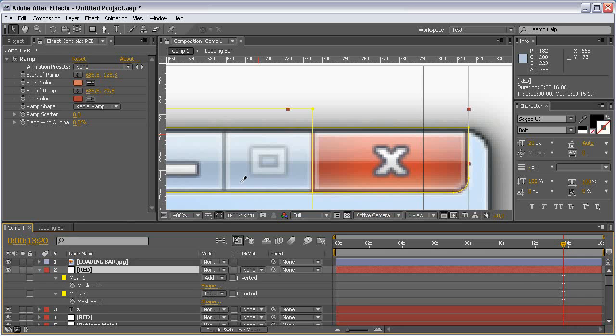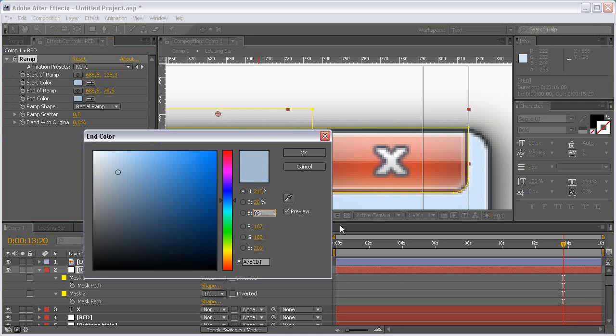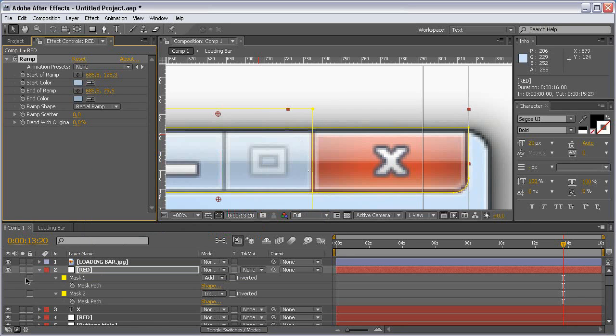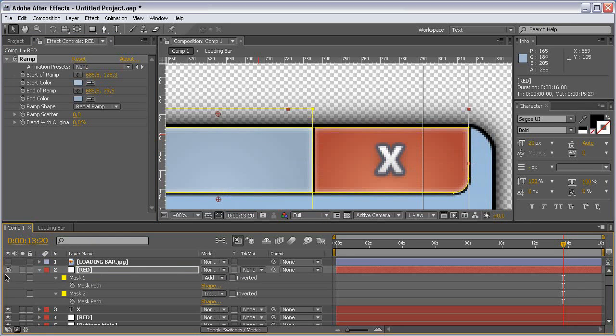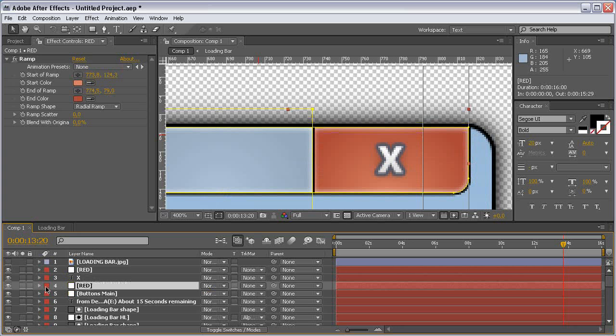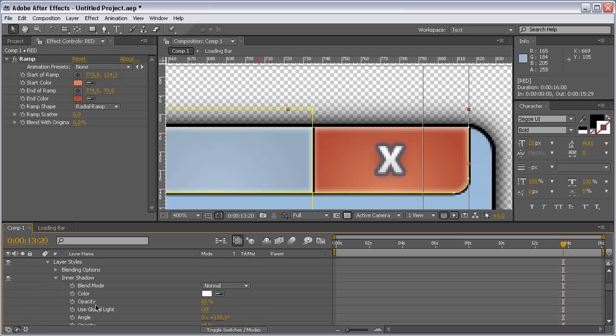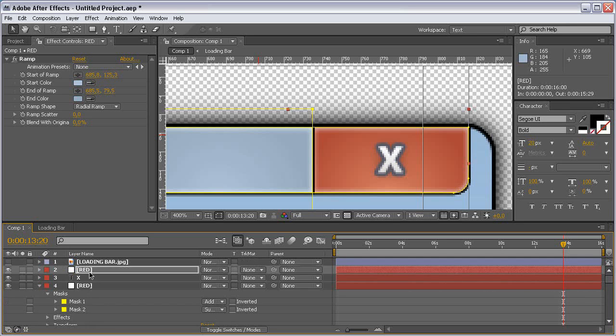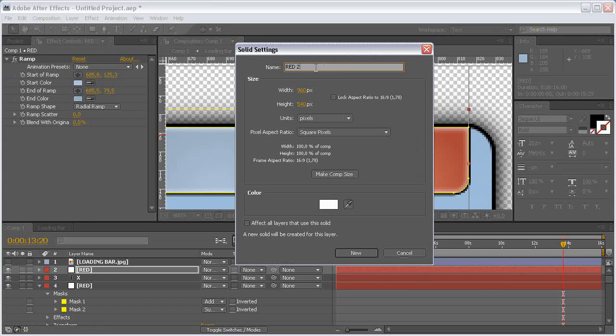For the bottom color we want this color, and for the top color we want this color, which we need to make a bit darker, for example, and it works totally fine. Let's copy the layer styles from the red button and paste this to the other buttons,